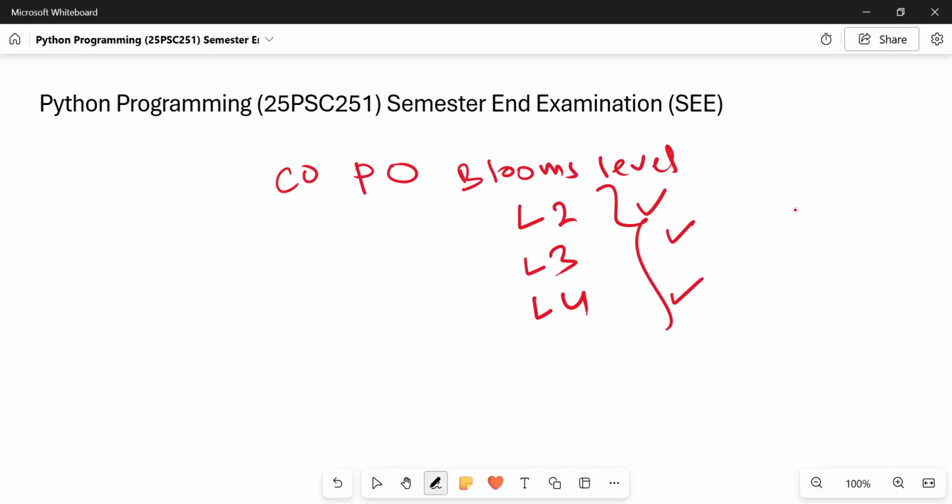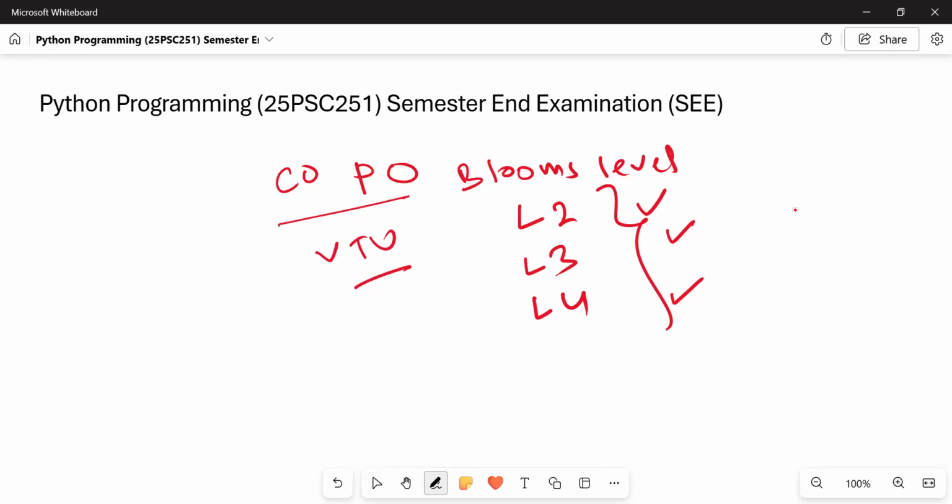If it is an L2 level question, basically you have to explain normal answers like that. An L3 level question, maybe you have to design or implement. L4, maybe the complexity will be higher than the other two you have seen. Similarly, you have a CO-PO mapping also. Please go through it. There are clear VTU guidelines on how to apply these CO-PO and Bloom's level mappings. I will not say that randomly. You just see it in a very short manner so that you can understand and accordingly plan your preparation